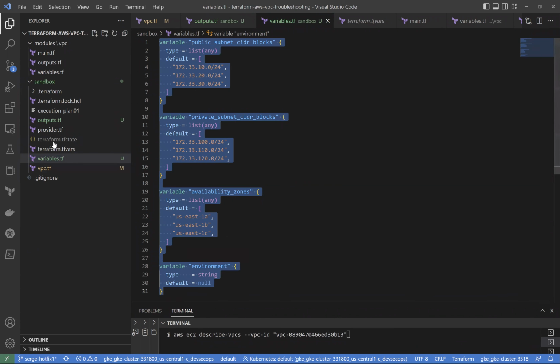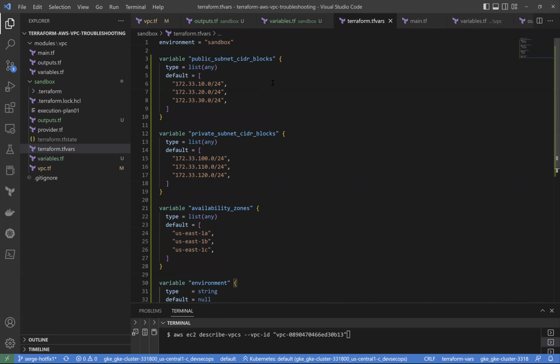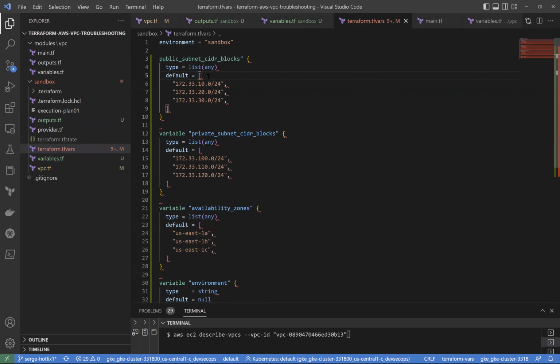So I'm going to copy all my variables and bring them here to the TFR file. And I'm not trying to define the variable, right? I'm just going to define the default value. As a matter of fact, I don't even need to define it because I'm in the TFR file. I already said it's a variable in this file, right? So if I go to TFR, all I have to do is specify the value, the default value. So I'm going to wipe out all of this